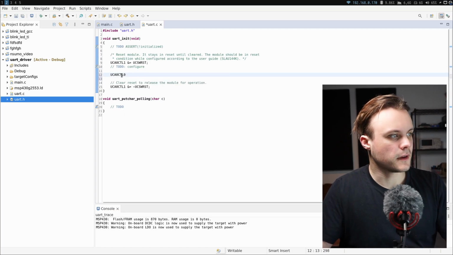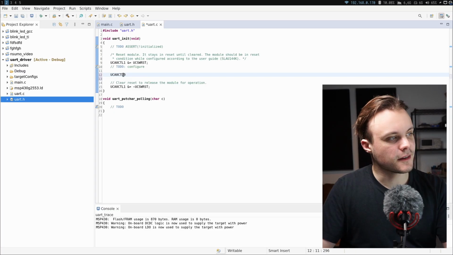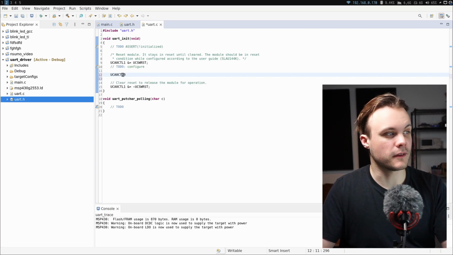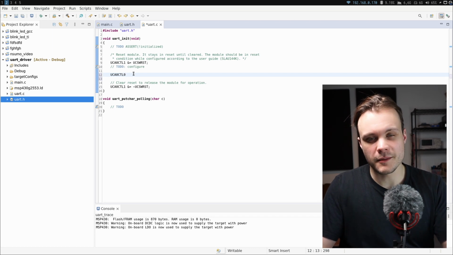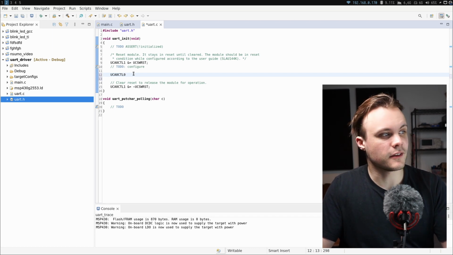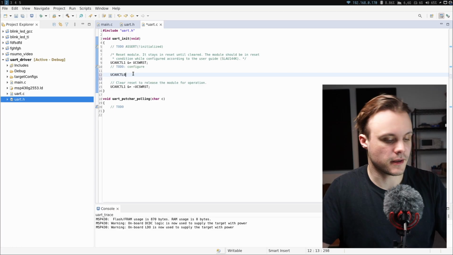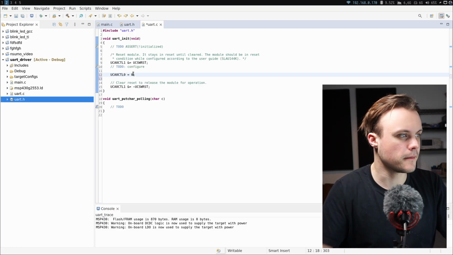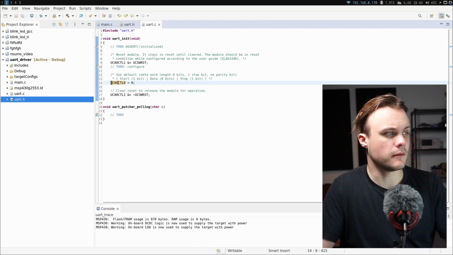like that. And then I have to write this register to set the parity bit and the number of stop bits and the length of the data bit. But as I said before, I'm going to use the default configuration, so I don't actually need to write to this register, but I'm going to write 0 to it just to make this more clear. And similarly for this write, I leave a comment on top just to explain what I'm doing